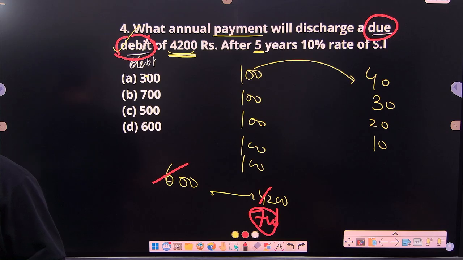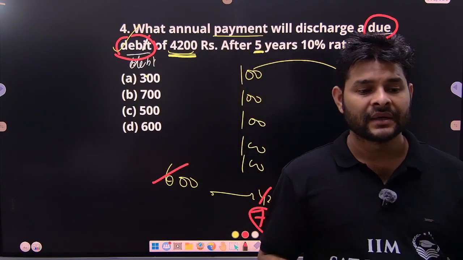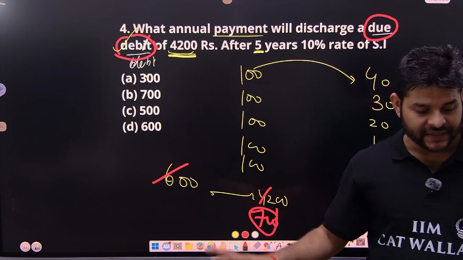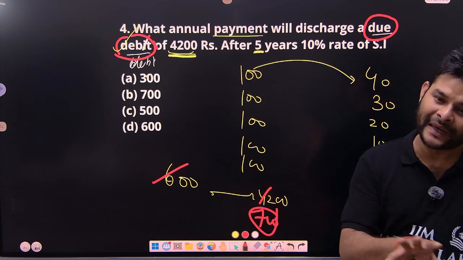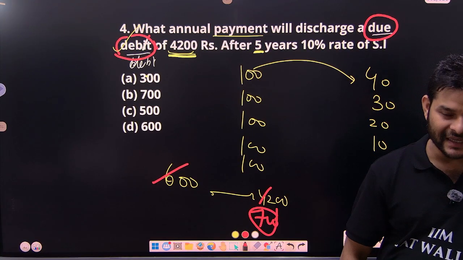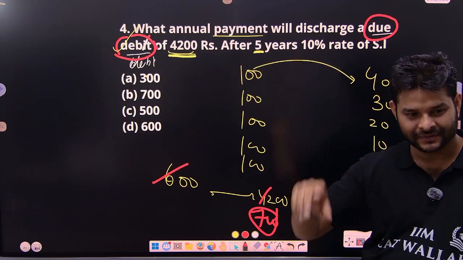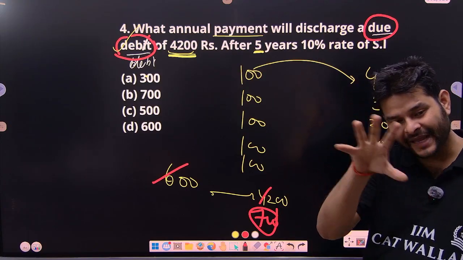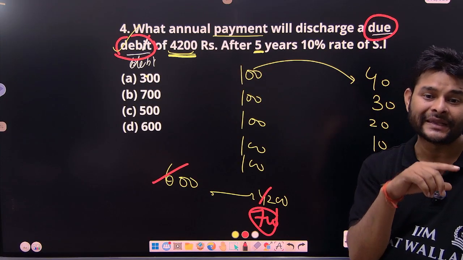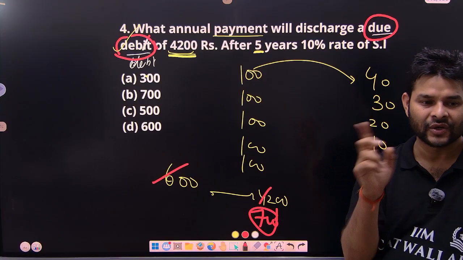Answer would be 700, a quite perfect answer. So basically, in question number 1 we are looking from the behalf of the lenders, but in question number 4 the situation is completely the same, only on the behalf of the borrower. That's the reason here we say due debt, and over there we say amount. In question number 1, the value 4,200 was denoted by the amount. Over here, the same value 4200 is denoted by the due debt.